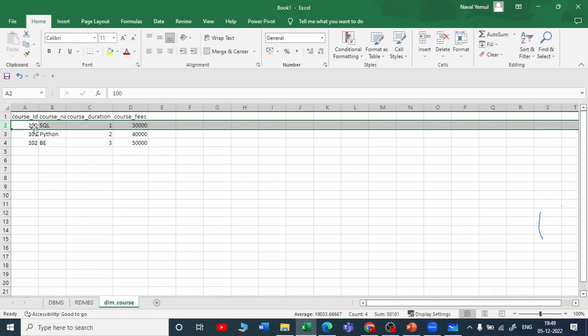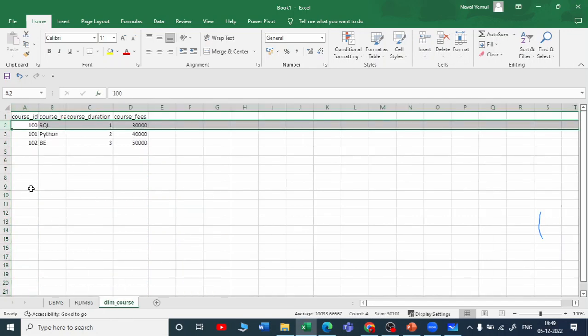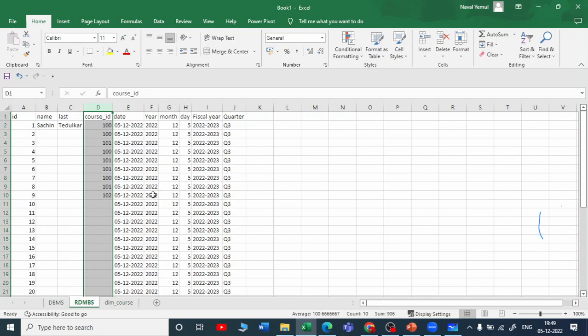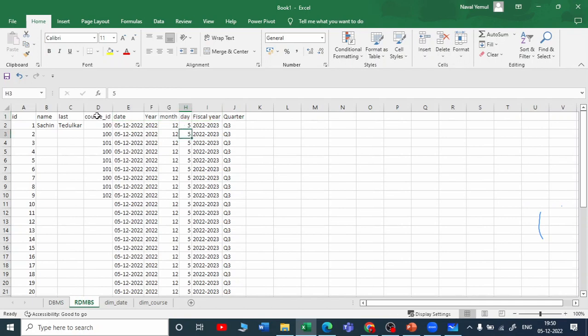Now I will create a relationship between this dim course table and the RDBMS table with the course ID. This course ID and this course ID are one and the same. I'll create a relationship. What a relationship is and how to create it, we are going to talk about in our upcoming sessions. Now let me create one more table, and I call this a dim date table. This will be my date table. What does the date table contain? It will have all this here, copy this